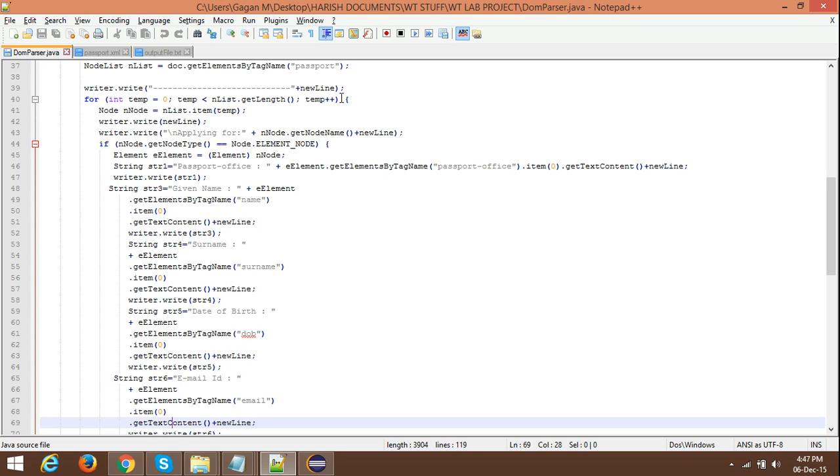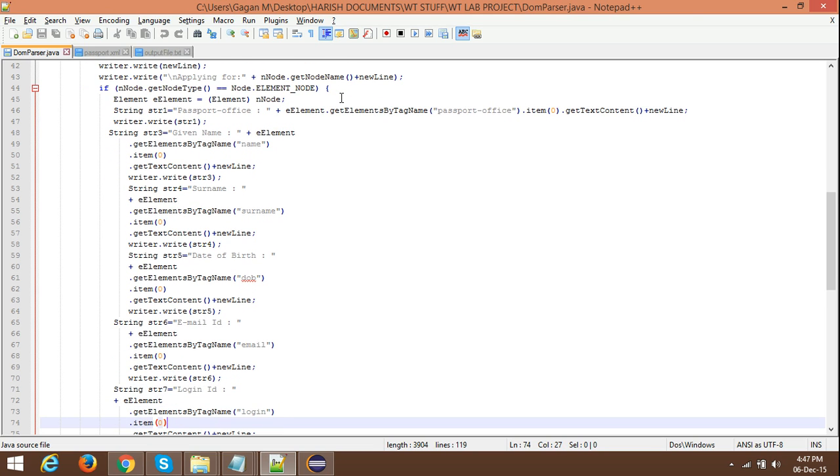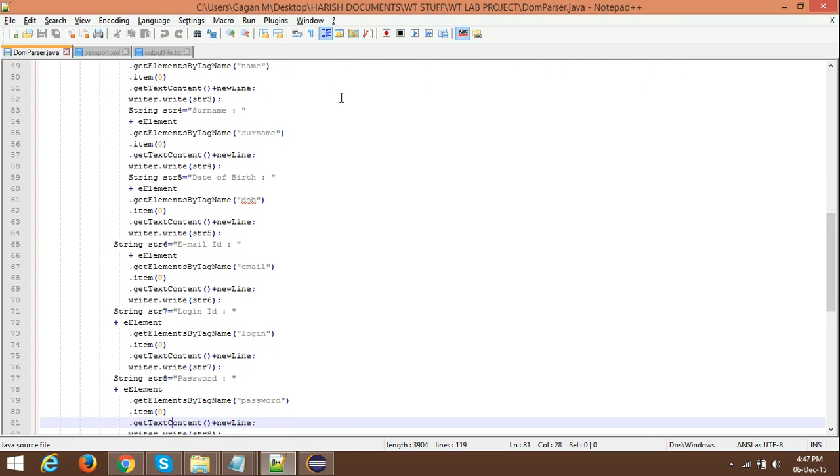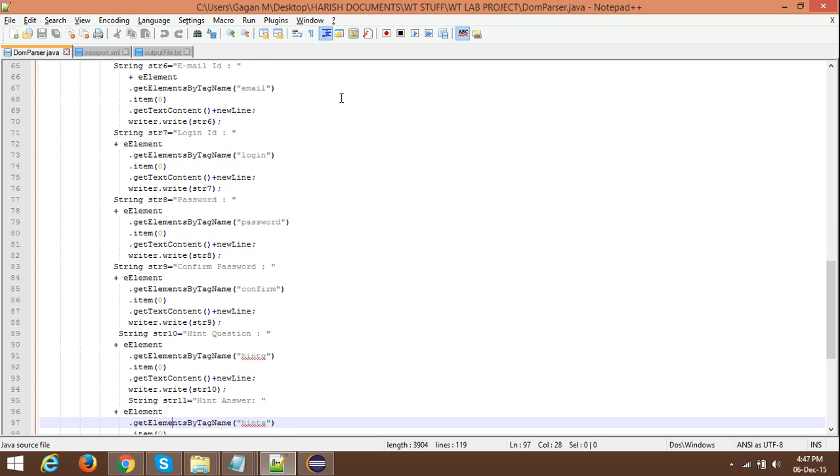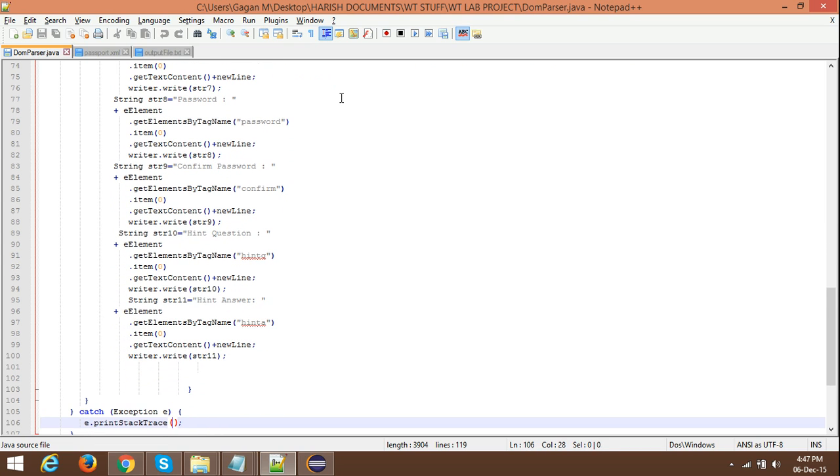In the same manner, we write the same code for given name, surname, date of birth, email ID, login ID, password, confirm password, hint question and hint answer. For all these we create strings and write them with the writer, so that all of them will be stored in the output file.txt.